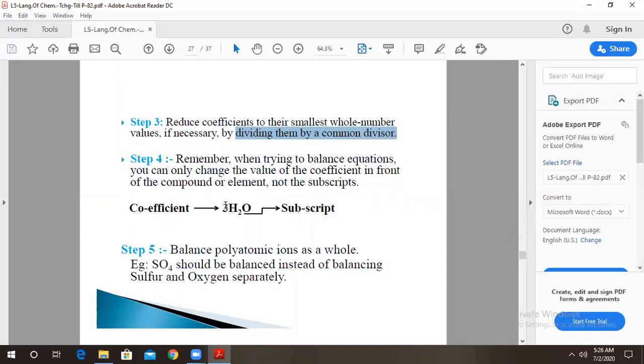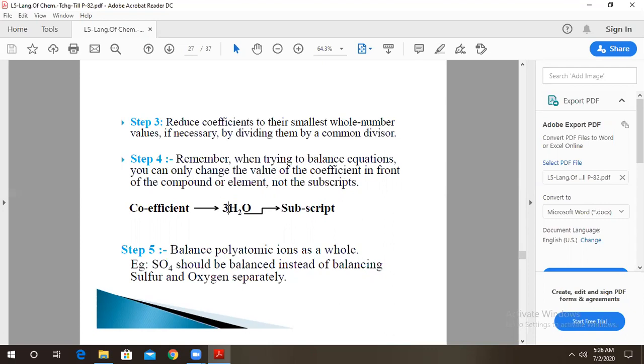Now see here, these numbers are called the coefficients. For balancing the chemical equation, you can only change the coefficient. You cannot change the subscript. This is the subscript. You cannot change the subscript, because if I change the subscript, if I make H4O, this is not water. By changing the subscript, you are going to change the molecule. You cannot change the molecule, but you can change the number of molecules. That is, you can change the coefficient. I can make this 4, 5, 1, 2 as per the number required for balancing the reaction.